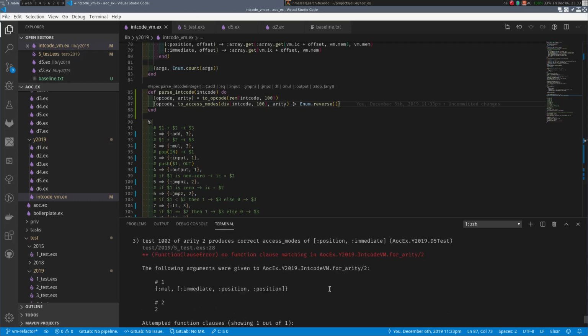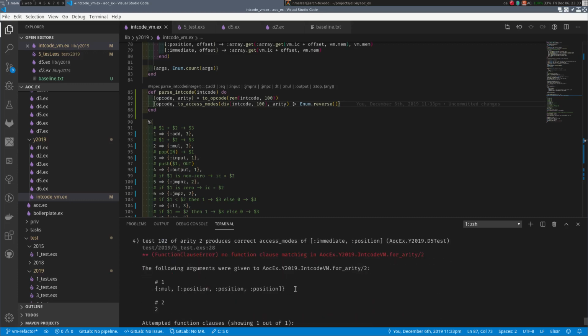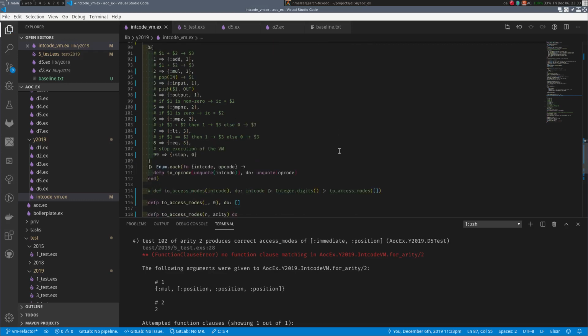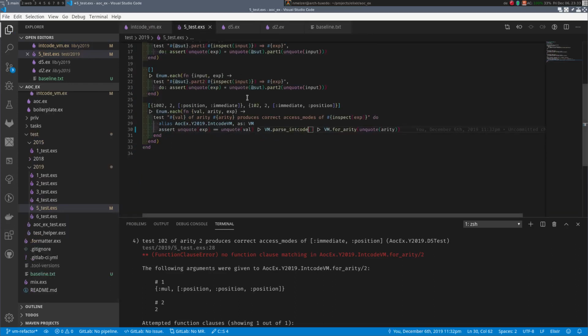Position immediate. No, wait. Immediate position. It does not need to get reversed. But okay, let's see here. It's immediate position